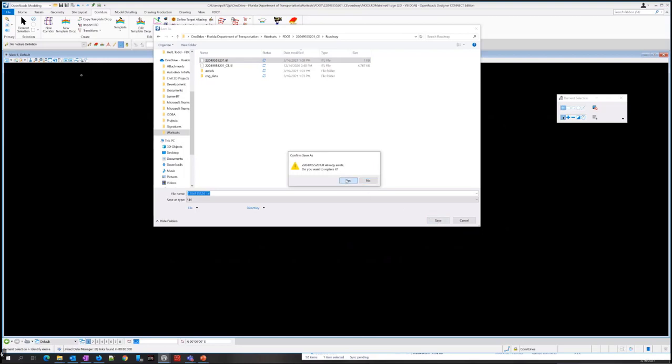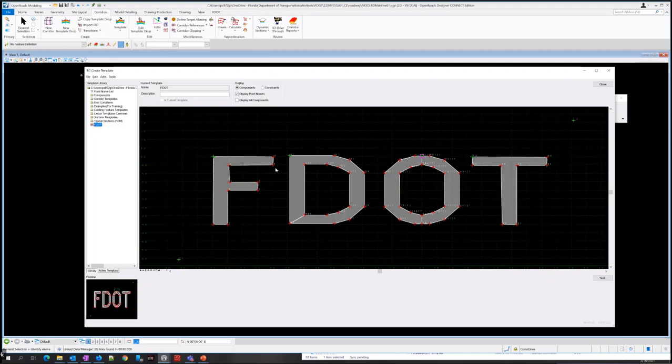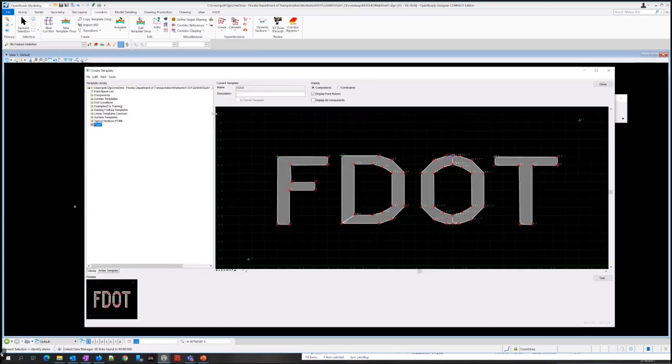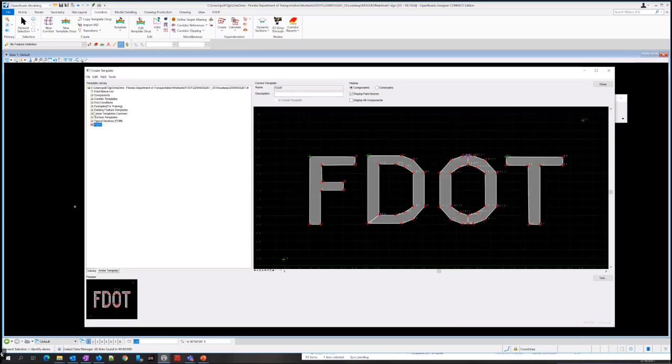It already exists. That's just the blank one, so we can replace it. It's no problem. If you overwrite the wrong one, you might just have to copy it in later from the dataset zip file. So here's our blank one. We've got the FDOT's template selected, and there's a few folders over here.